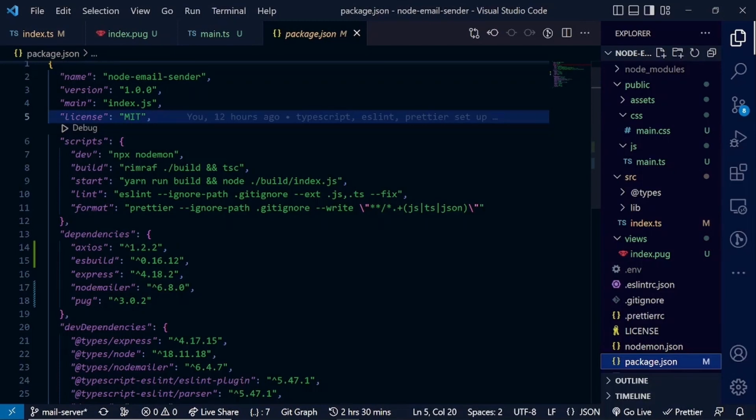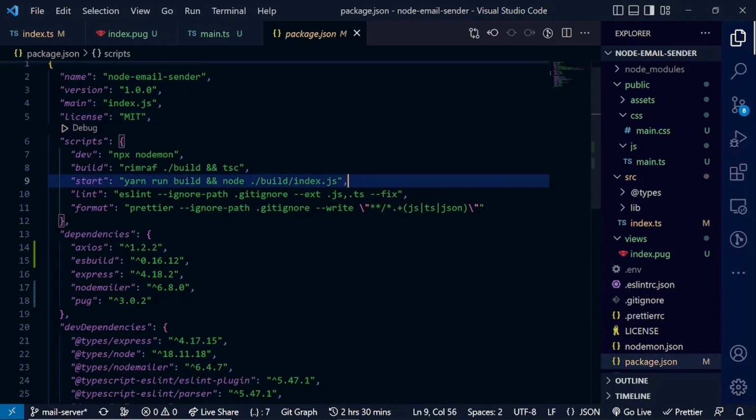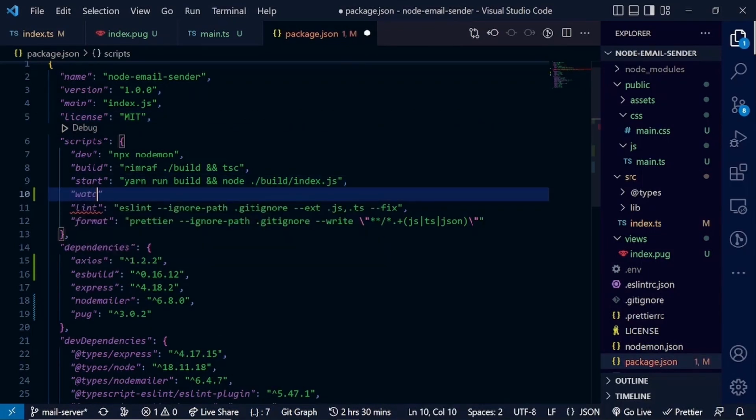So let's go to the script side, and after the start, let's add another script called watch. So it's going to watch. And then what do we want to do here for it? We are going to give Esbuild some commands to do. How do we tell Esbuild to compile down to JavaScript? We are simply saying Esbuild. What do we want to do? So this is just the Esbuild command. We are going to say Esbuild